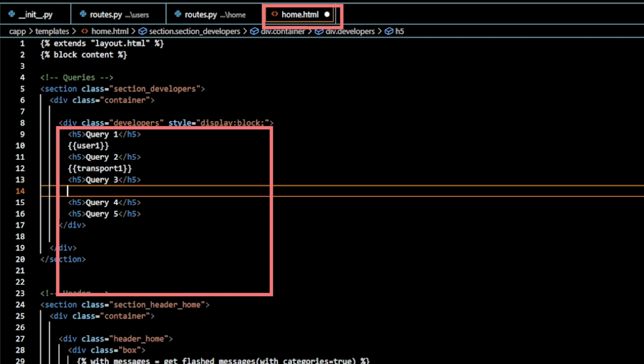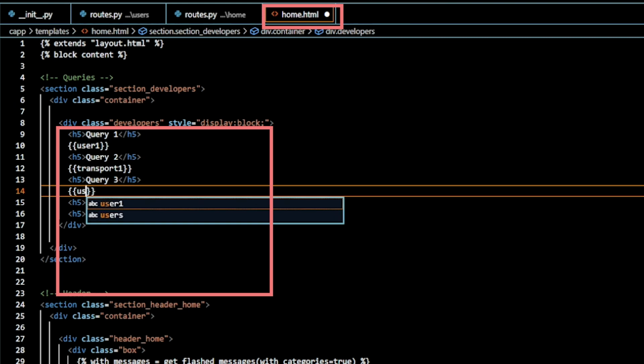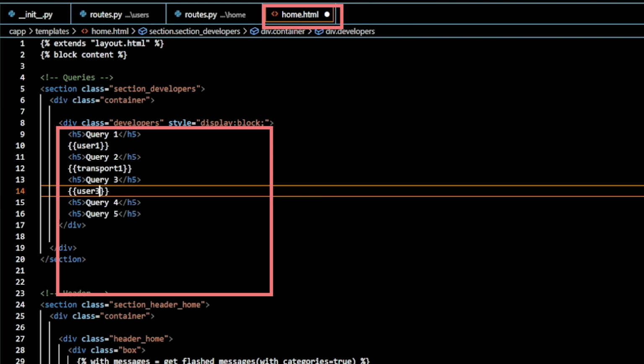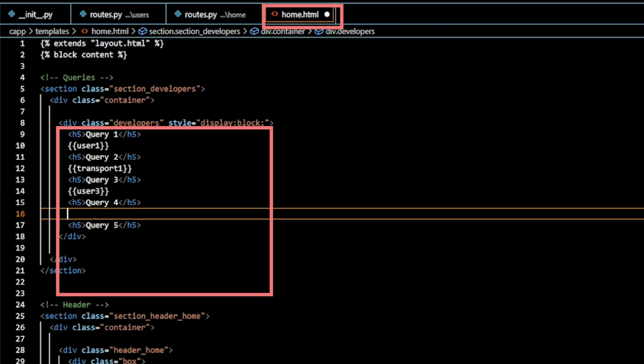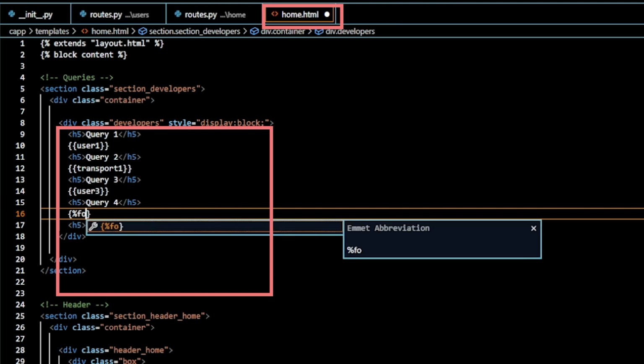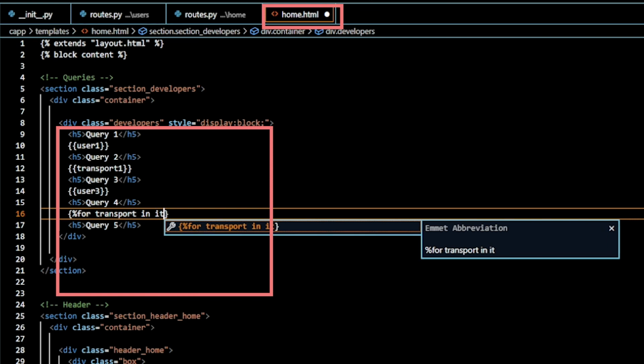In the query 3, what we are going to disclose is user3. And in the query 4, what we are going to do is to create a loop. It's basically a for loop: for transport in transports,